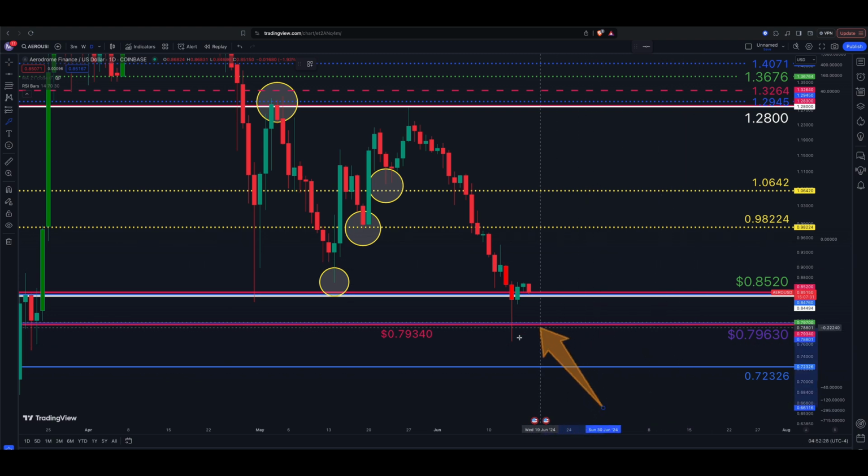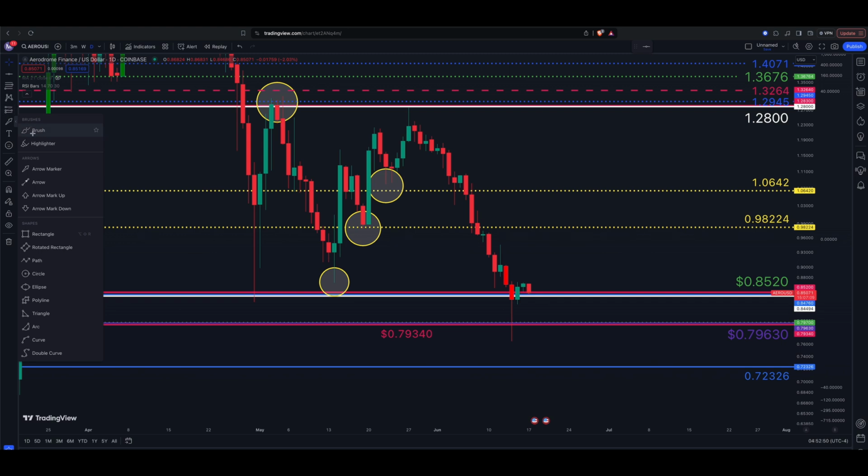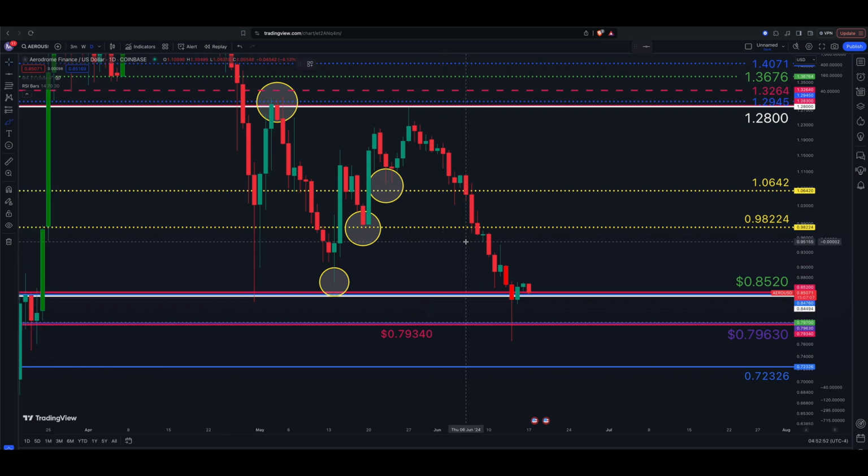So once the bathtub's drained, once all the investors are drained out, there's only one way to go, and that's fill it back up, and that is higher prices. So we're positioned in a good place here. We're right at support, and we obviously want to see that hold, and we want to see a higher high take place. We want to start that next leg to the upside, giving us that confirmation of change in trend